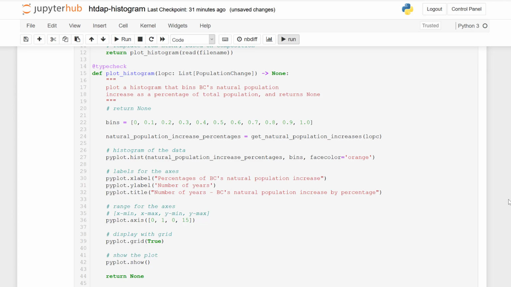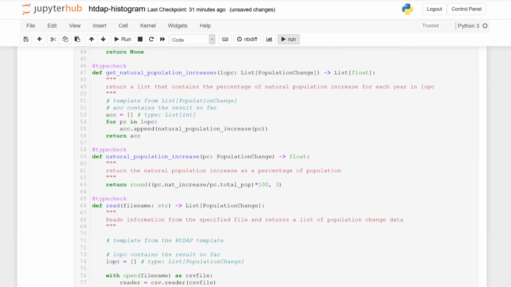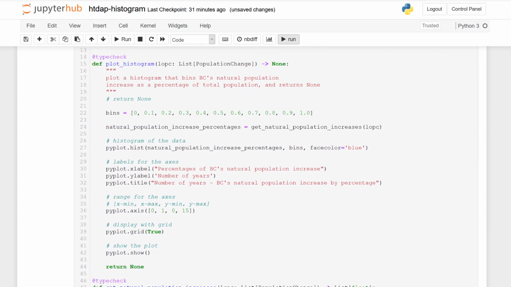As we worked through the plot histogram code, we used a previous example and edited as necessary. We can see some changes we could easily make. So here we're saying face color is orange. Even without looking at all the options for the colors, I can guess that I could change that to blue or green or a different color. And imagine what that output would look like. But there may be other things that you want to change that you're less sure about. You can look at the Matplotlib documentation to try and make changes, or you can always ask us and we can try and help.